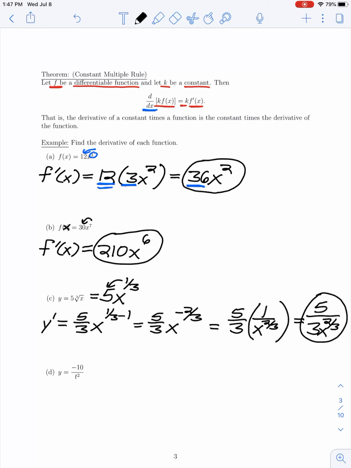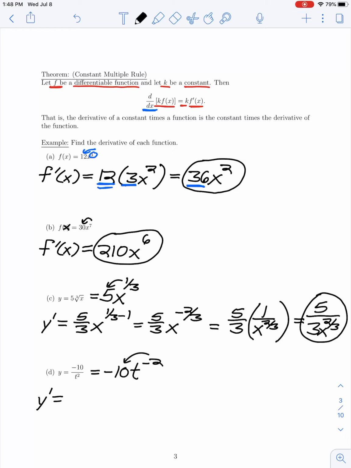And in part D, we have y is equal to negative 10 divided by t squared. So rewriting this, that is the same as negative 10 times t to the negative 2. So instead of writing it as division by t squared, we can write it as multiplication by t to the negative 2. And then using the power rule and the constant multiple rule,